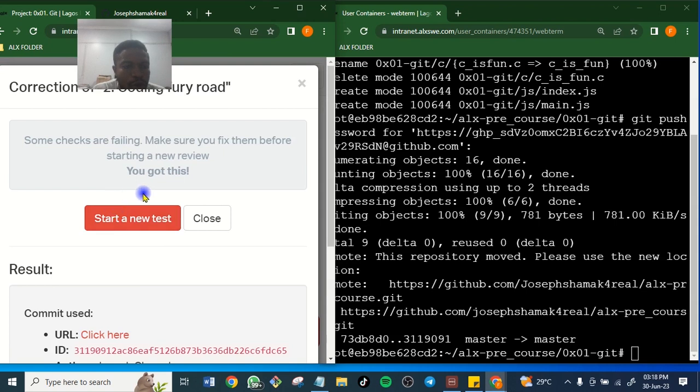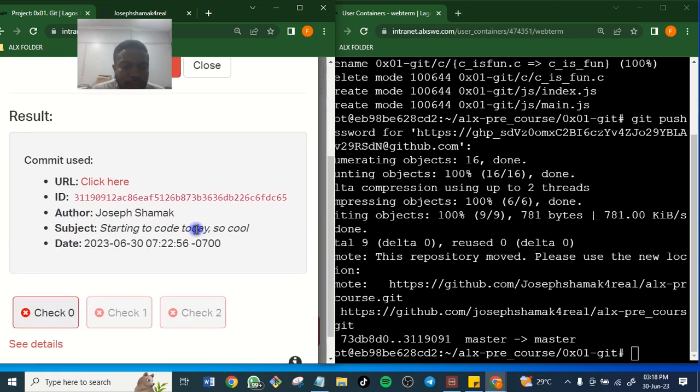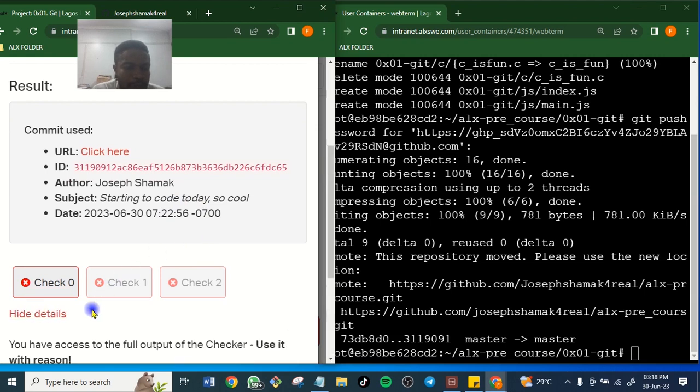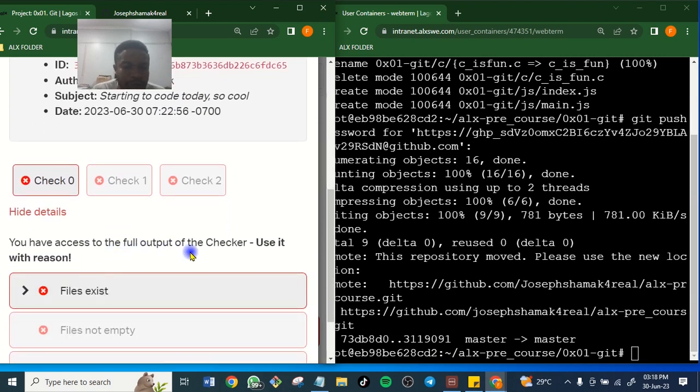Oh, some checks are failing. Something is wrong somewhere. So this is interesting. So we need to check what is failing. You have access to the full output of the checker. Use it with reason. File exists.